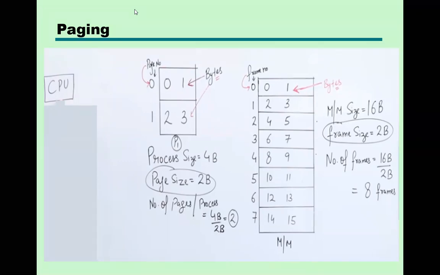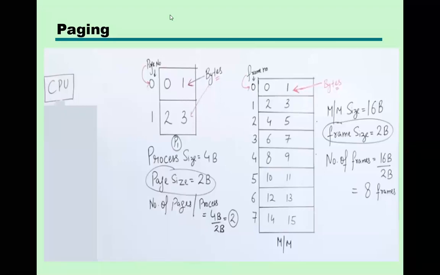Process divide into equal size and add it into a memory that pages. Good, Snehal, read the dividing into part and add into memory. Actually, this is dividing into equal parts. Not only two parts: in the first process, the size is 4 bytes, so we have divided it in two parts. But the next process size is 16 bytes, so we have divided it into only one part. Okay.